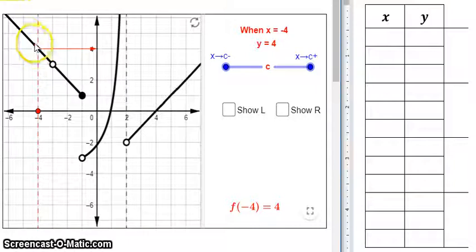These points are all connected to each other, and therefore we say that the graph is continuous at all of these points. Now notice as I get to this point right here, there's a hole in the graph, and that basically means that a single point has been removed from this segment of the graph right here, which means there's a break. So now as I trace along here, yes, I have to stop, jump over, and continue on down the graph. And so we have a hole discontinuity, which is also called a point discontinuity or a removable discontinuity